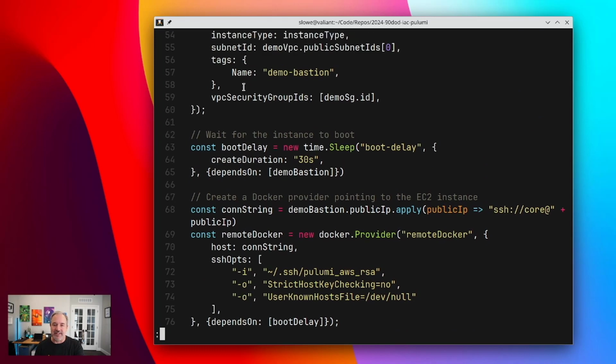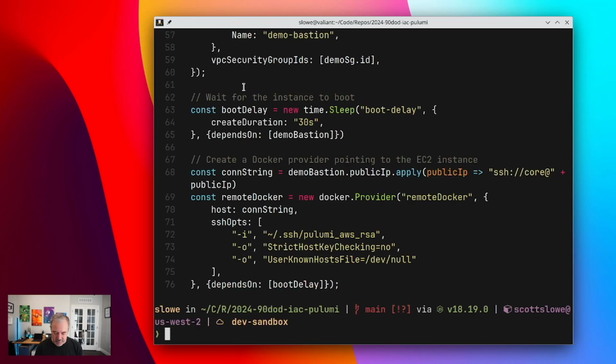So that's a bit of a unique instance, but it does show you how you can accomplish that here in a Pulumi program. So now that you've seen what this is up to, we're going to go run this, right? We're going to do a pulumi up. I'm going to do a -y here just to bypass